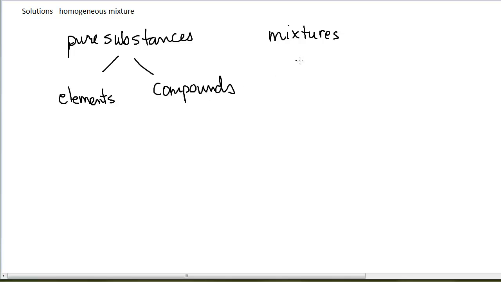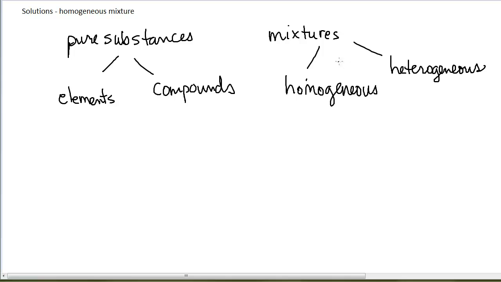But the reality is as we are in lab in chemistry, a lot of the things that we use are actually mixtures instead of pure substances. And mixtures come in two varieties: homogeneous or heterogeneous. What we're going to focus in on in this chapter is homogeneous mixtures. Homogeneous mixtures are mixtures that have a uniform composition throughout, but they are indeed mixtures and not compounds because their